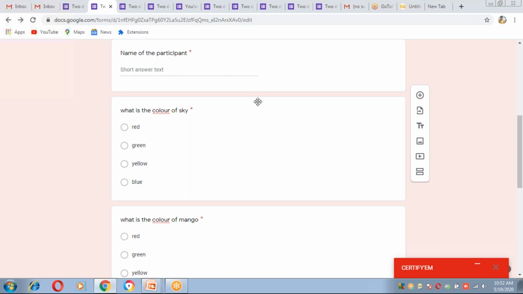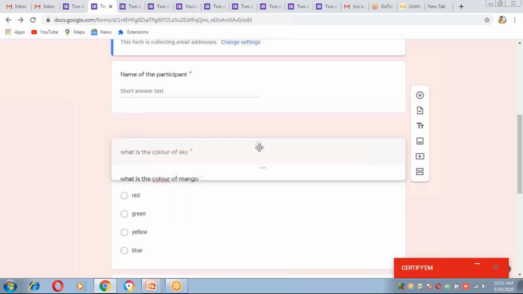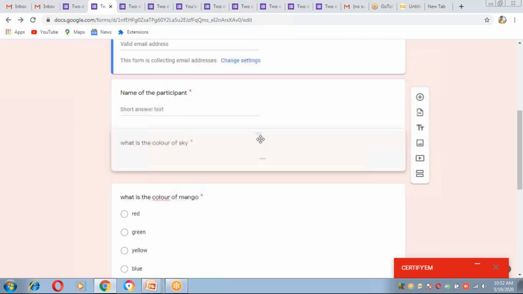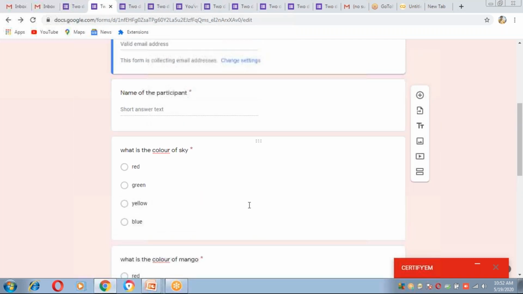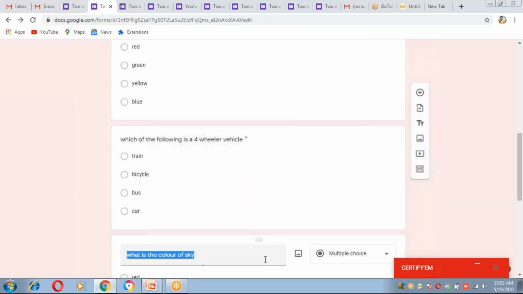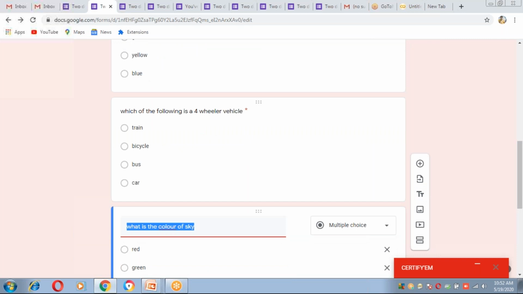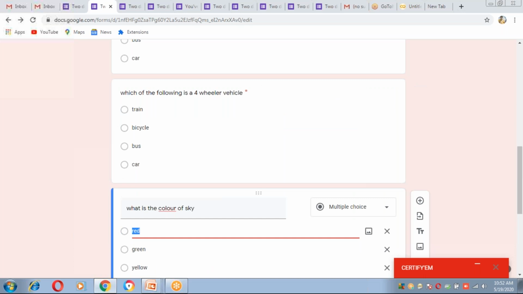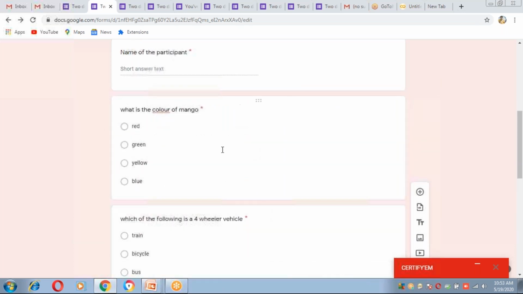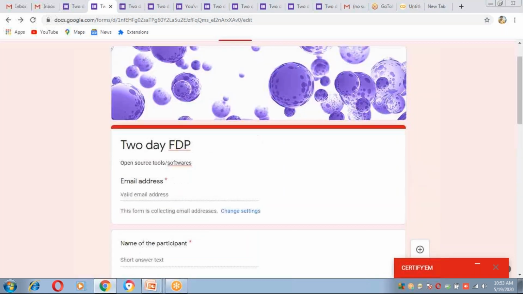So we can simply drag and drop it. Now the color of the sky question, which was first, moves to the last. So this is Google Forms, Google Quiz, and Certify'em.